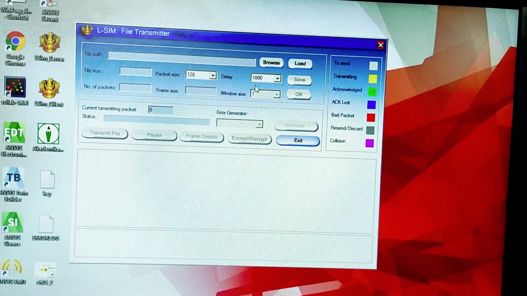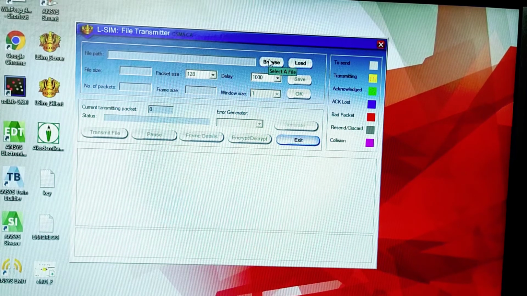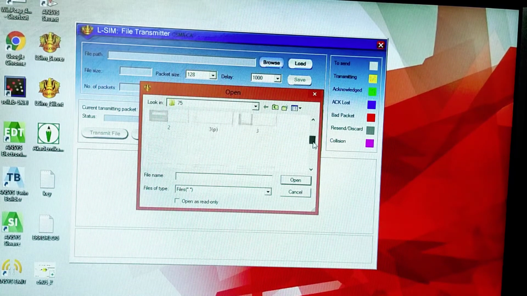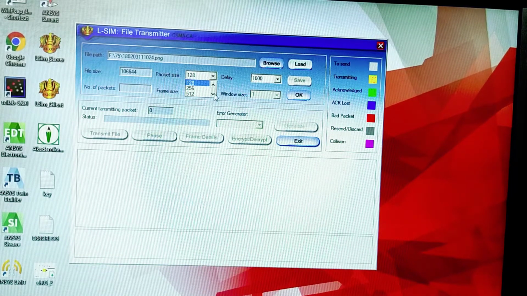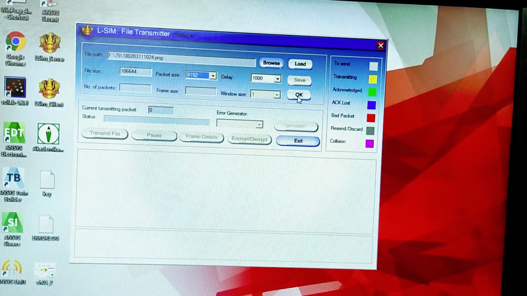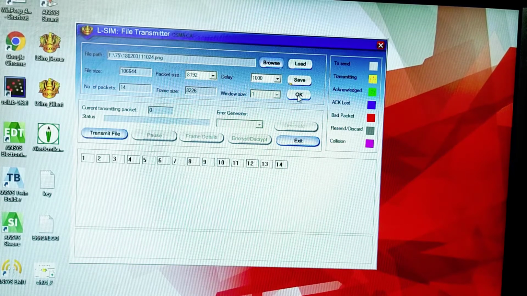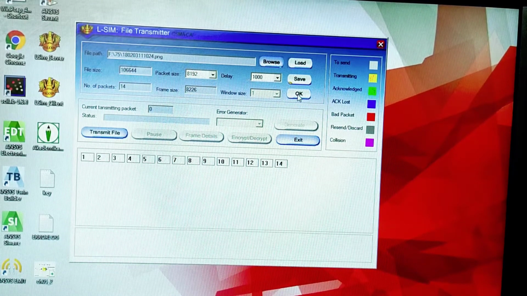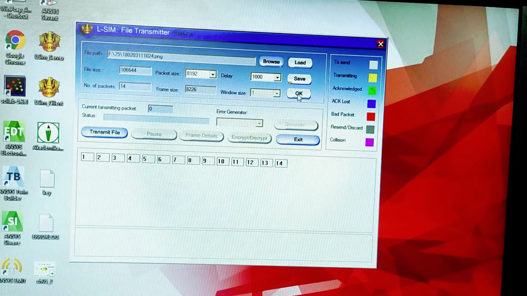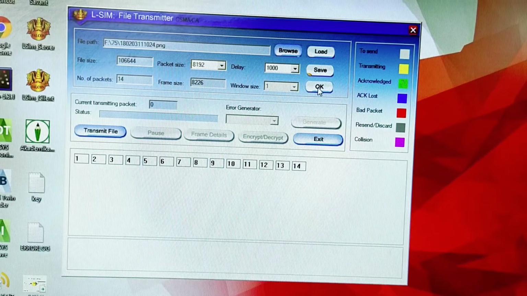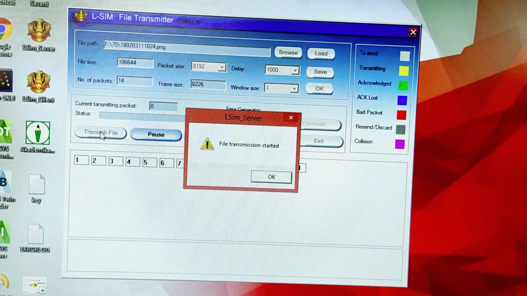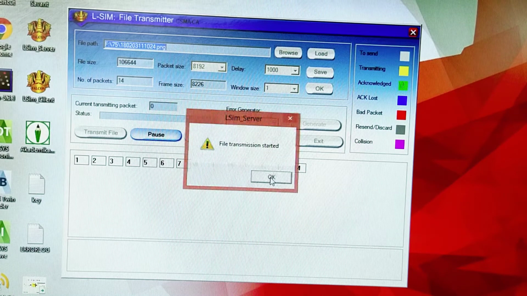So the window will open. From this I can select one file that I want to transmit, and set the parameters accordingly like packet size, delay keeping to minimum, and then after setup I'm just pressing OK. So depending on the file size and the packet size, I am having 14 frames or packets to be sent. The next step is to just transmit the file by clicking on this button,